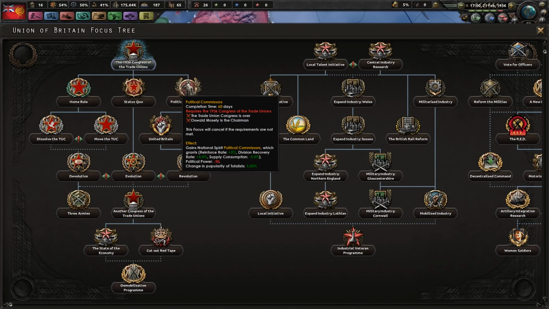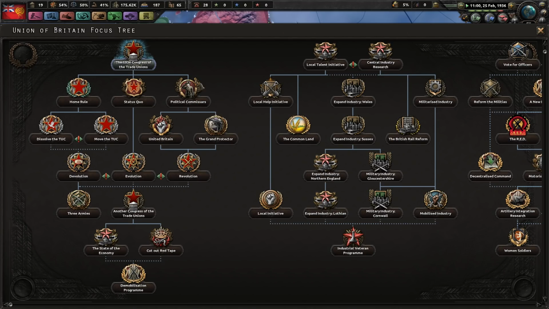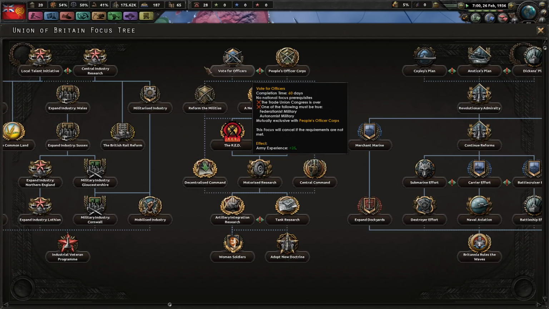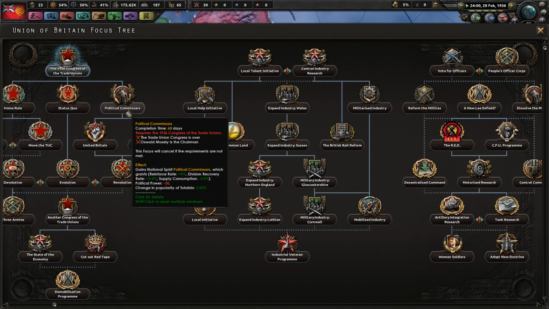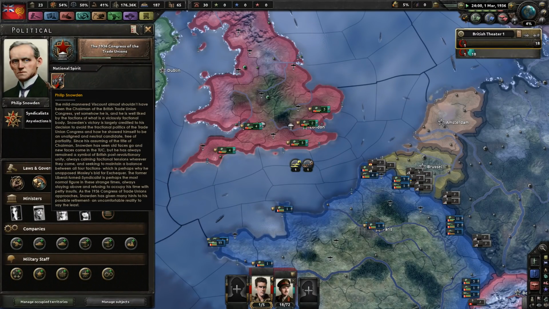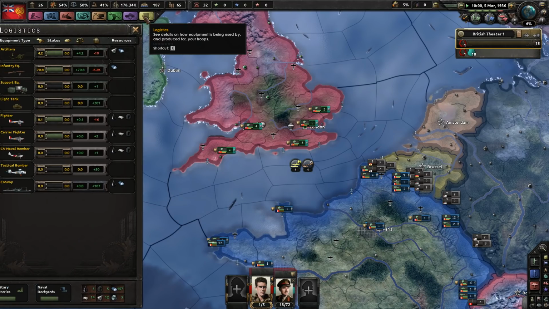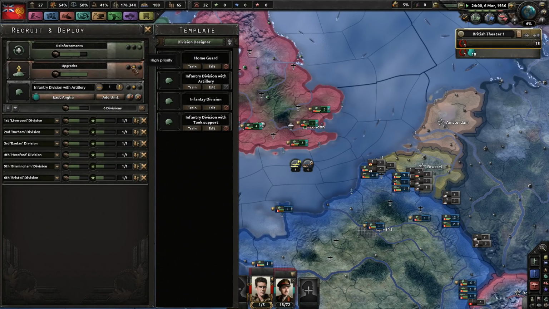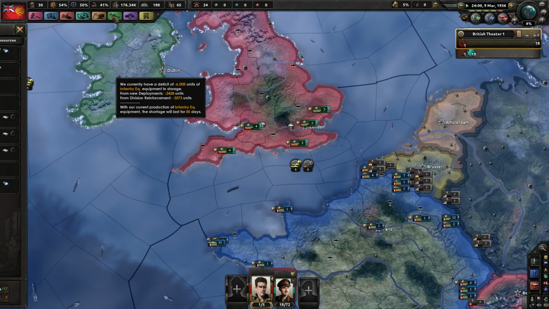Yes. Right, so political commissars. I'm sorry, we're on another red campaign actually. Just happens to be that way. It can actually change out of it, so. So we want Oswald Mosley in charge. So not Philip Snowden. Alright, we're looking good on equipment. There we go. Mixing 6k infantry equipment. Well,